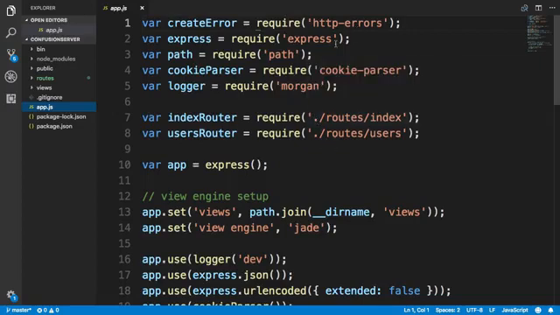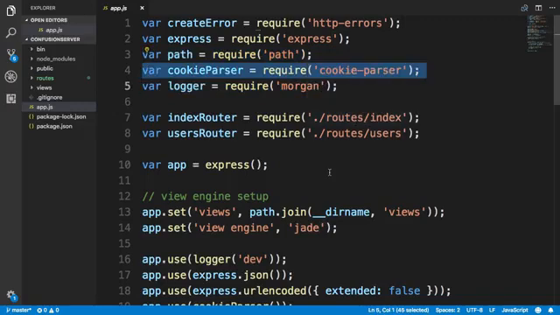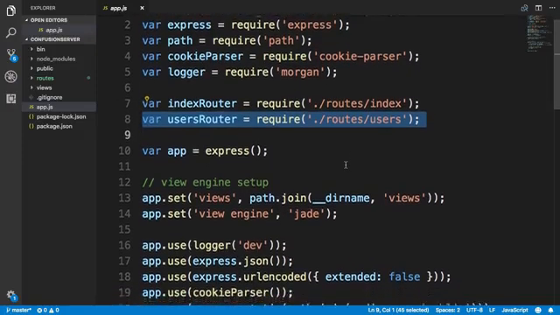So we are requiring Express, path, logger, which is Morgan in this case, cookie parser, which we will use in one of the later exercises. And you also see that you are importing two routes, the index and the users, which are already scaffolded out by Express for us. So we will add in the three new